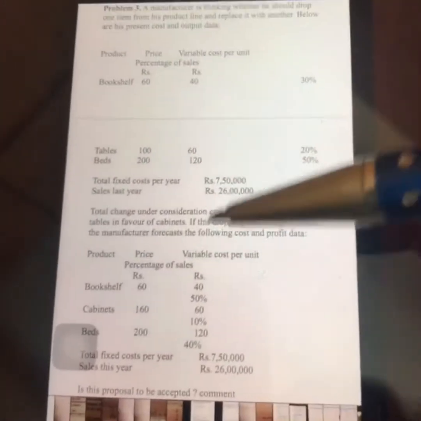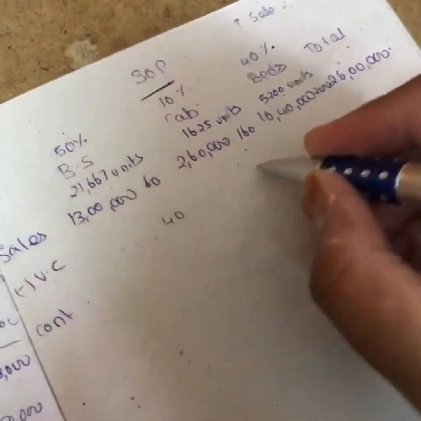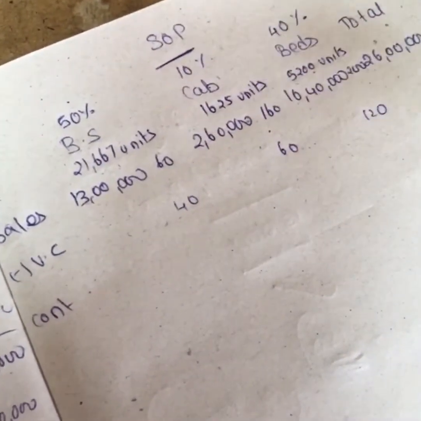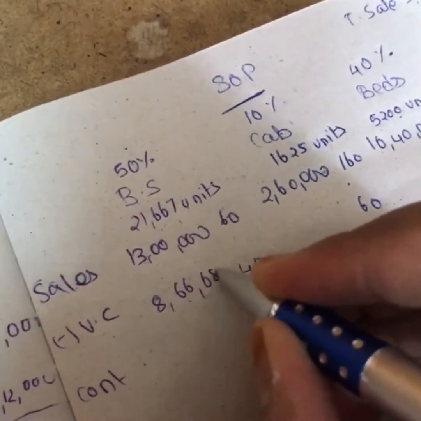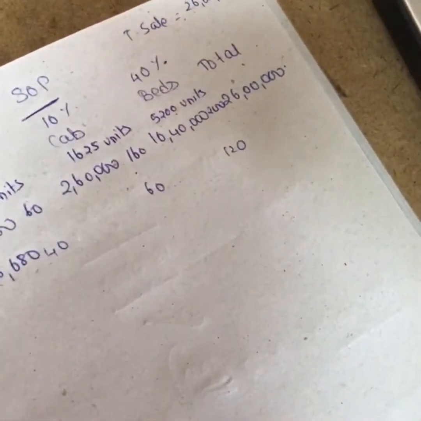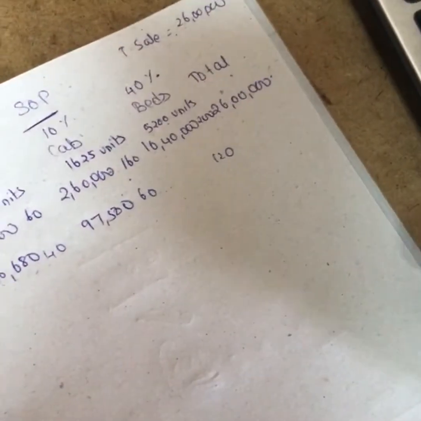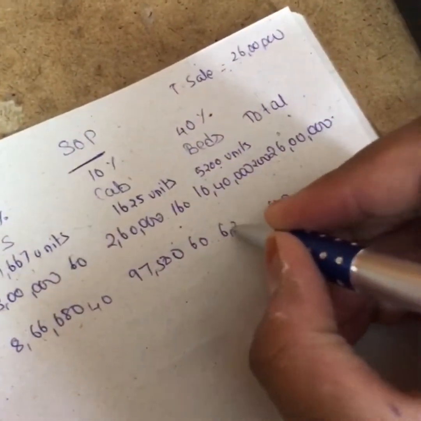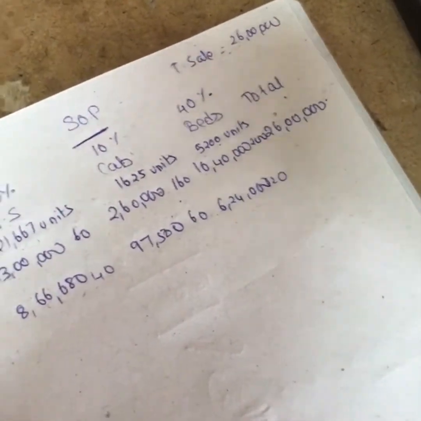So with the units, I will multiply my variable cost per unit, that is 40, 60 and 120. So it is 21,667 into 40, you get 8,66,680, and then 1625 into 60, you get 97,500, and 5,200 into 120, you get 6,24,000. So the total of this is 6,24,000 plus 97,500 plus